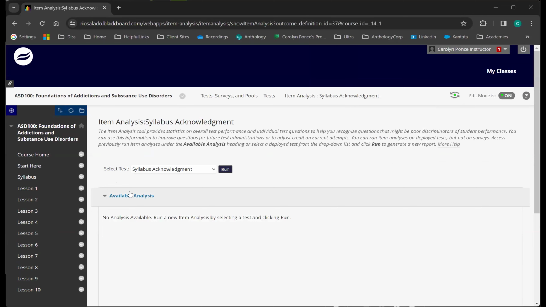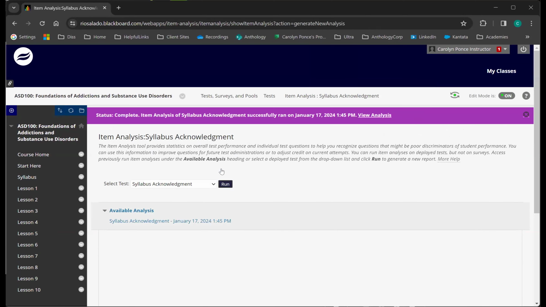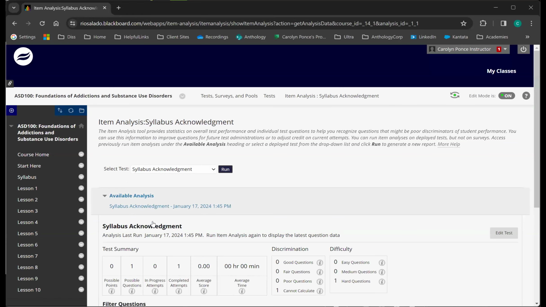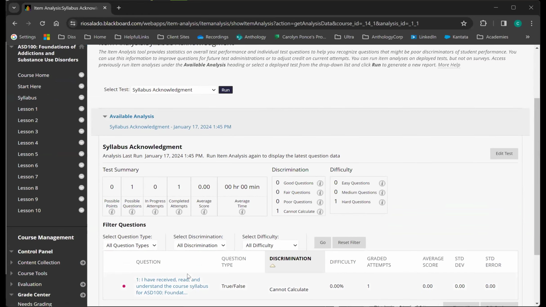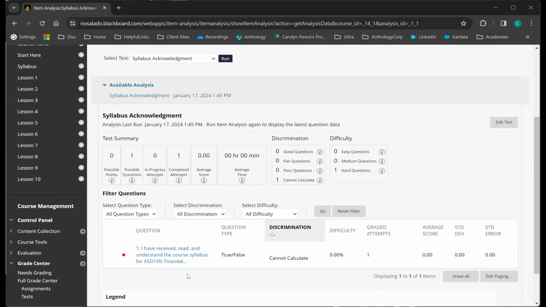So if you have one run for your course, the item analysis will give you information such as the type of question, the difficulty levels, any discriminations. And once you have a larger test and a larger group of students, these numbers will start filling out and make more sense.